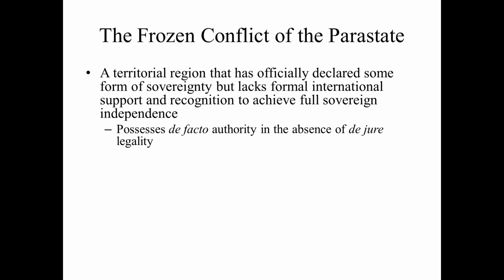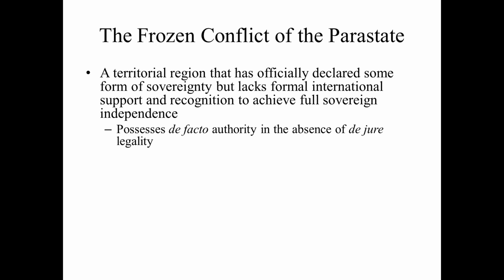And so now we have effectively a conflict, especially when the parastate relies on international sponsorship to keep it somewhat active, but the host state also has international support, right? So the parastate relies on an international backer to kind of keep it on the map, albeit in a slightly different shade of color than the host state. The host state, on the other hand, also has international support that keeps it out of the UN.